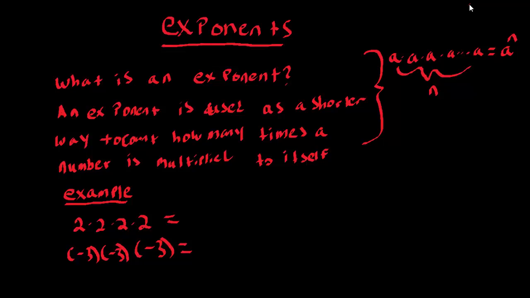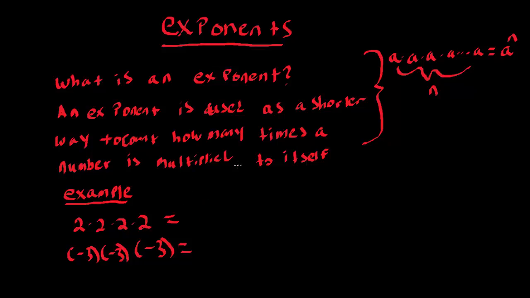Alright, so today we'll be talking about exponents. What is an exponent? An exponent is used as a shorter way to count how many times a number is multiplied to itself. So if we write an 8 n many times, it would just be denoted as 8 to the n. So if I have two examples set up already, if you have 2 times 2 times 2 times 2, you can rewrite it as